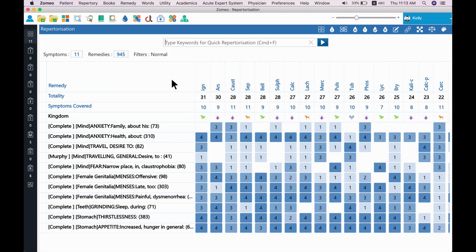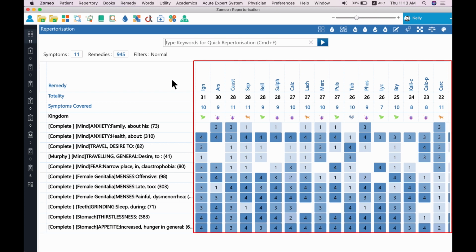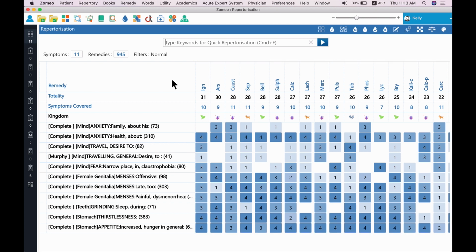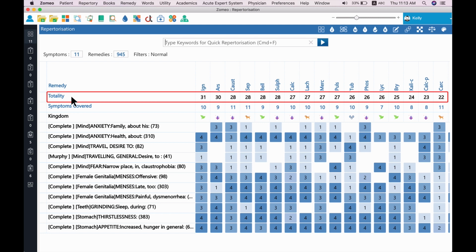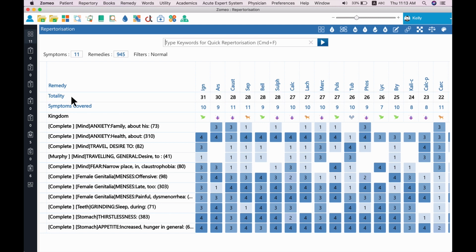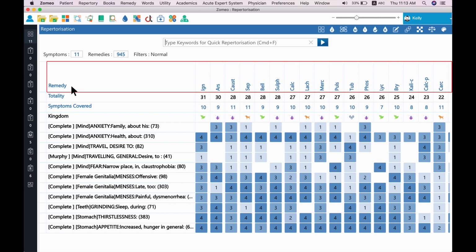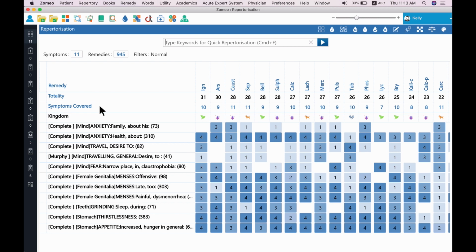The right side displays the list of remedies with totality symptom covered, and the drug mark of each remedy in each symptom. Zomeo shows the remedies in the sorted order of totality by default. However, you can sort them alphabetically by clicking on the remedy row, and sort them by symptom covered by clicking